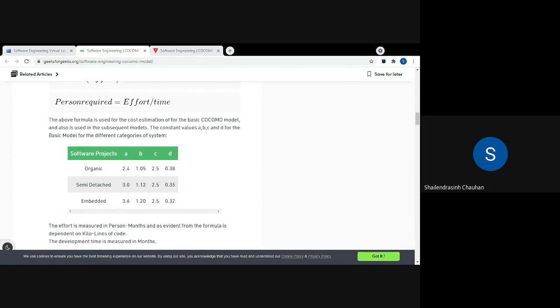LOC 12,000. Both are same. And based on the description, let's say you are saying that the type of software is semi-detached, let us take.